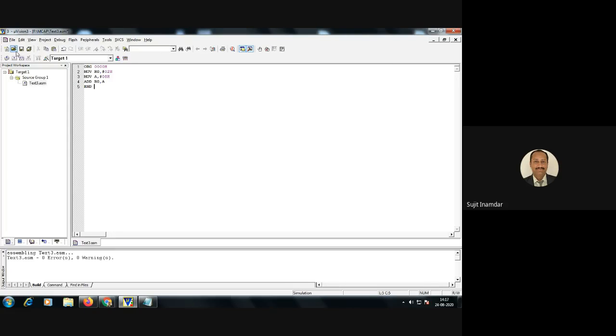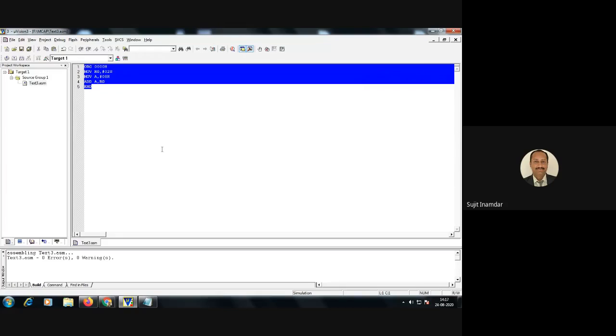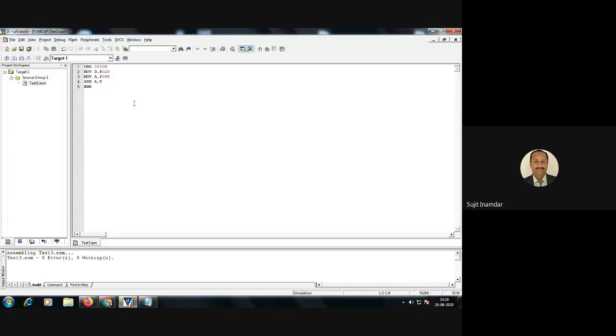So like this only, we will first try to run the program and see what error it gives. Yes, it has given the error that it is an invalid register, line number 4, that is add r0a. So it is the invalid register. If I change that, definitely it is going to give zero errors. So that is the correct suggestion. Okay, fastly we will move ahead. Okay, this one,